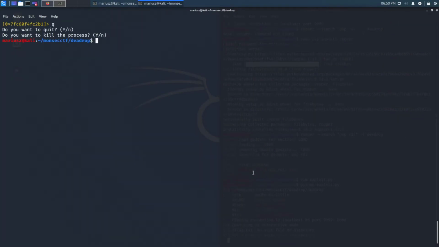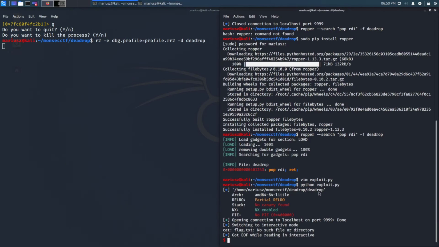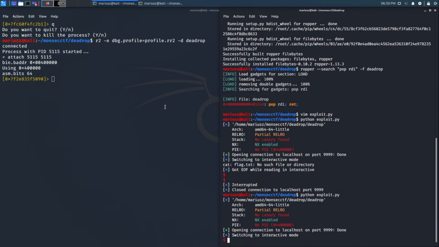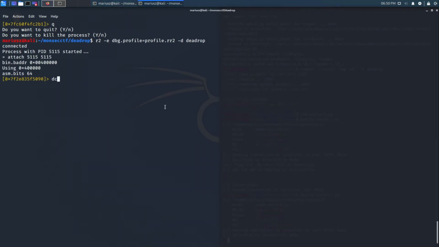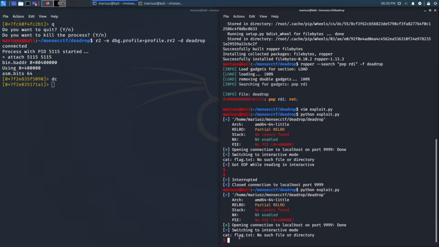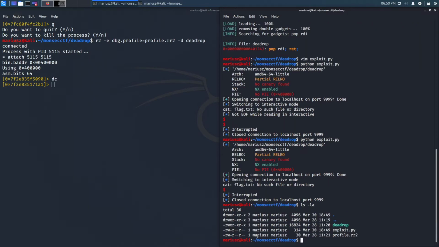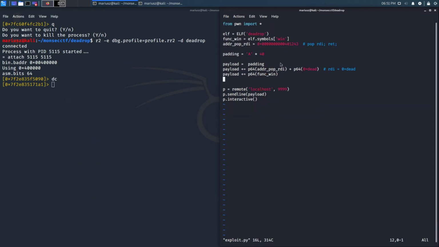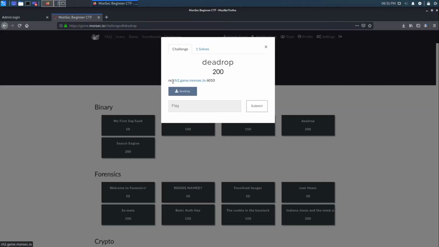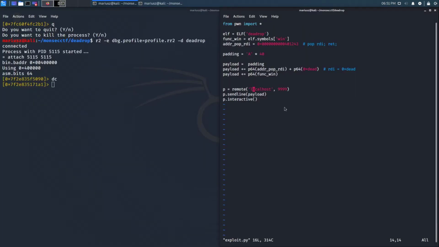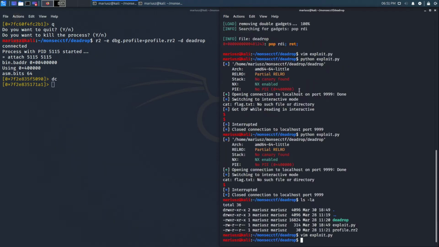So if we just run this straight up without doing any debugging, then we're going to get the message cat flag.txt file not found. That's because I don't actually have a flag.txt file here. But if we update our exploit so that it actually points to the challenge server, so port 610 on chitu.game.monsec.io, and 610,